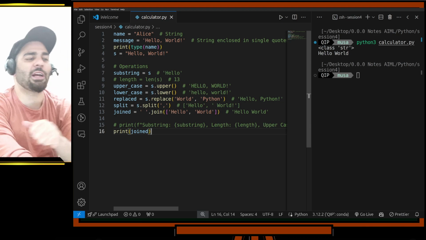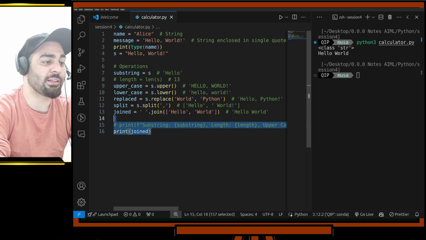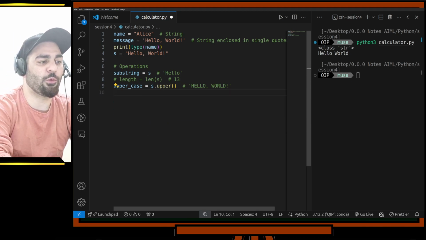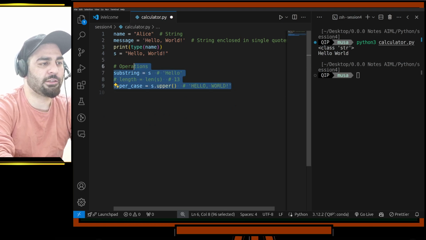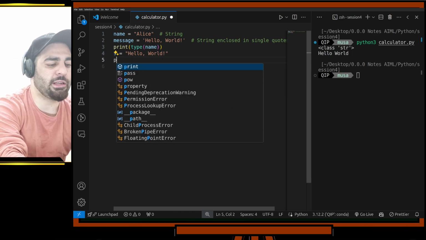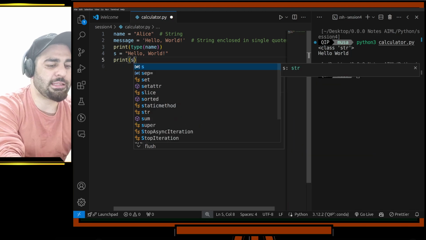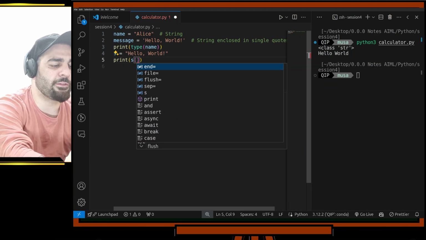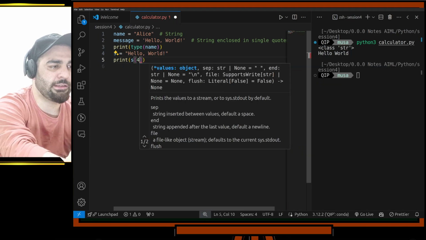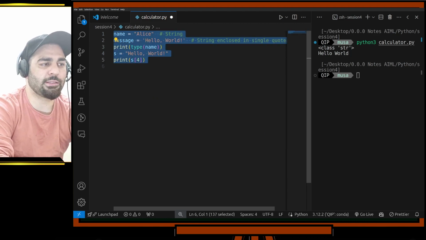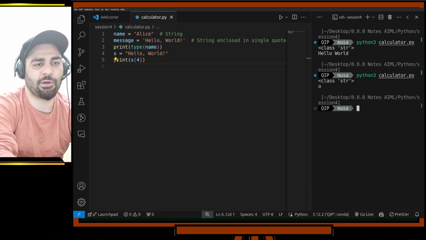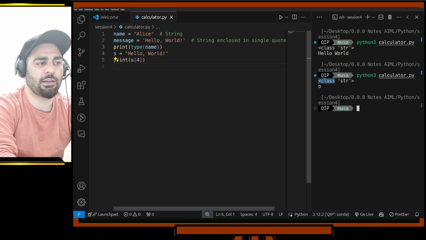These are pretty basic concepts, but I don't want to leave anything for the toss. So let's suppose we have this string hello world over here. So this is our string. If I want to print, let's call this S, I can print, let's suppose, the 5th or maybe 4th character, say. If I print this, you can see that O got printed